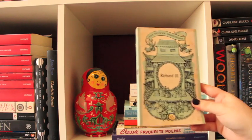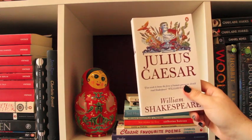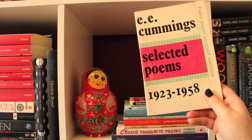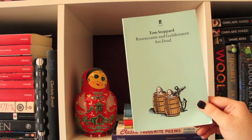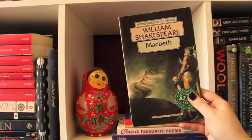2 plays by Tennessee Williams, Cat on a Hot Tin Roof and The Milk Train Doesn't Stop Here Anymore. Some more Shakespeare, because I can't get enough. Richard III, As You Like It, and Julius Caesar. The selected poems of E.E. Cummings from 1923 to 1958, and the selected poems of T.S. Eliot. Tom Stoppard's play Rosencrantz and Guildenstern Are Dead, Ted Hughes's Birthday Letters, Super Ugly Shakespeare, this one's Macbeth,